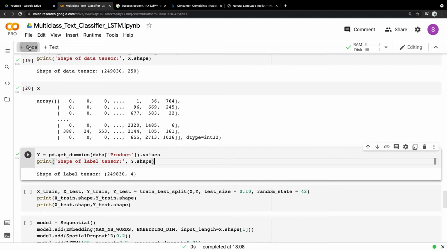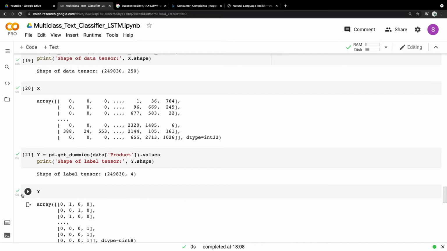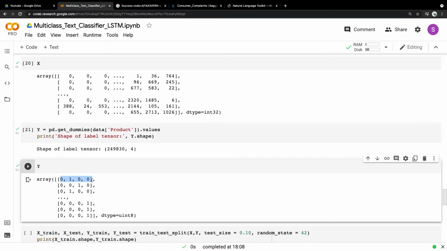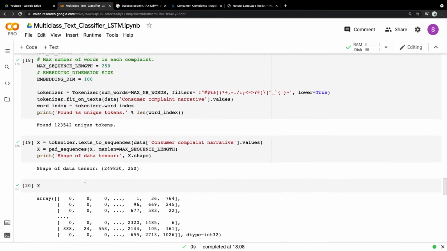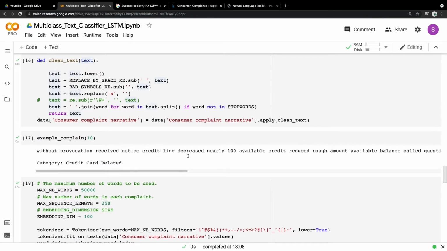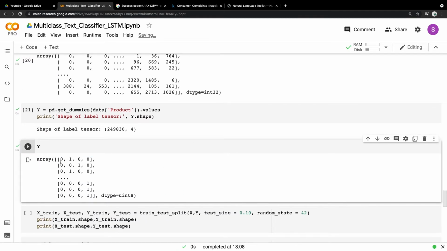Now if we print the y, let's see how it looks. For example, the first one in the Y was credit card related, and after pd.get_dummies it is represented as 0, 1, 0, 0.